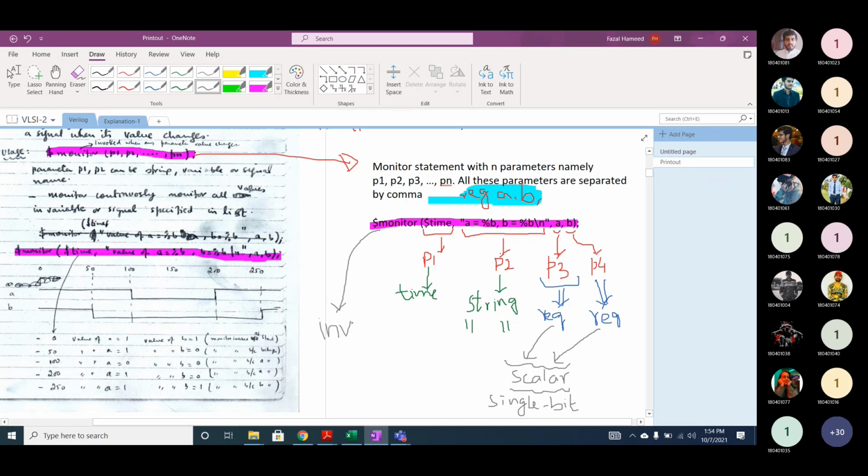No, I wrote a statement: it will be invoked when P1 changes or P2 changes or P3 changes or P4 changes. Do you understand, beta? Yes sir, understood.